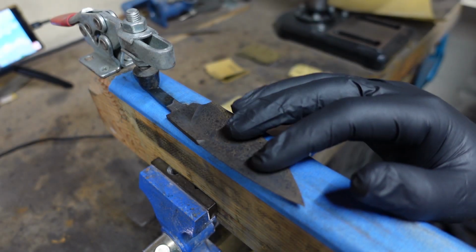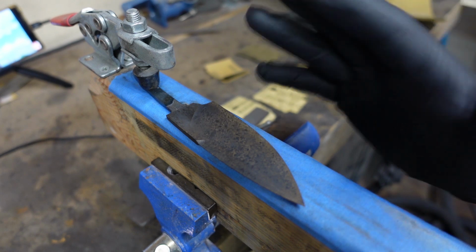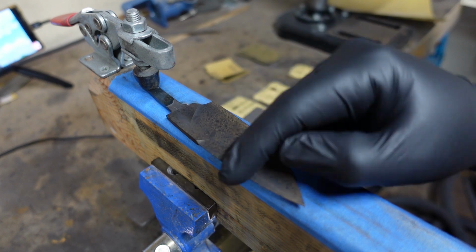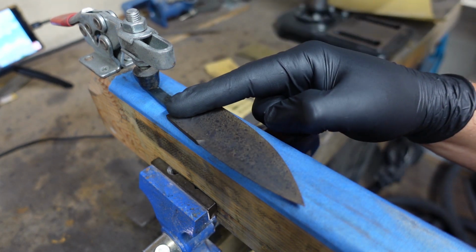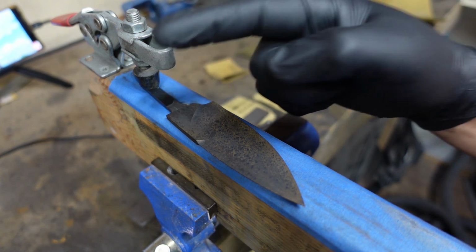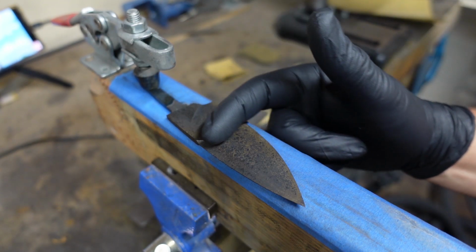So y'all have seen me do a lot of different hand sanding on different blades. So there's not really going to be much new here, except for the fact that the process I'm going to be doing is a little bit different. For this one, I want to go ahead and sand the ricasso in the flat area first, and then we're going to sand the false edge,